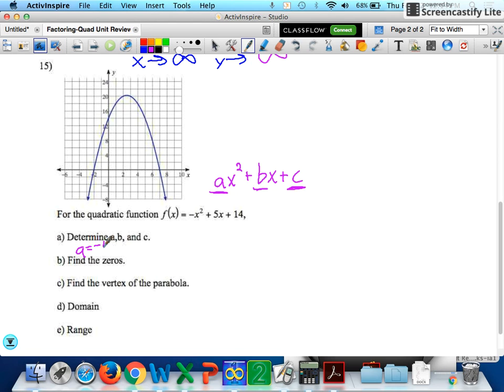A equals -1, because that's the number in front here. B equals 5, and C equals 14. Okay? Then we get into some of the real problems. Well, that wasn't a real problem, but now we're into some stuff where you've really got to know some